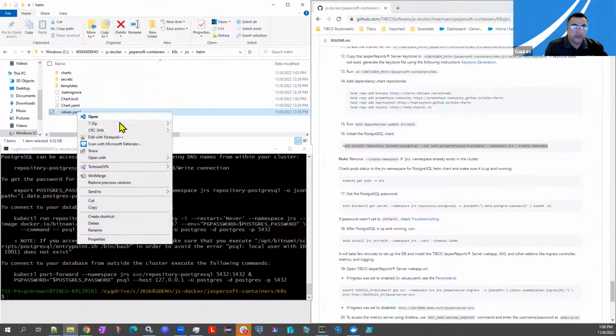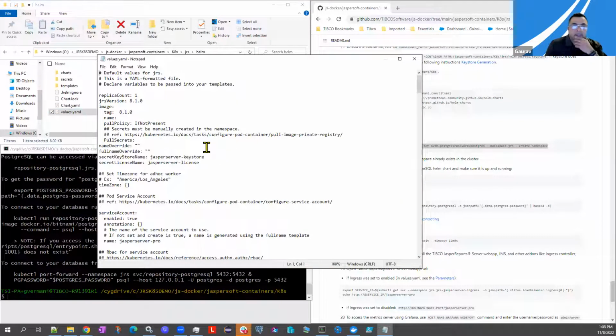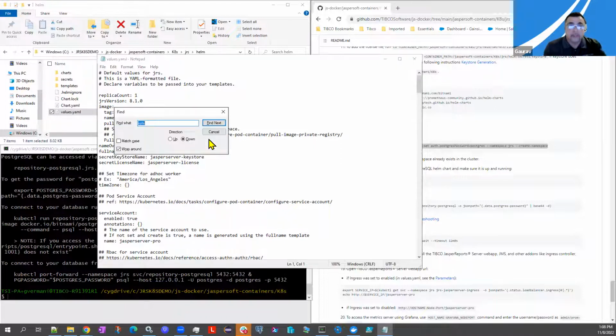Let me open this with Notepad here. Okay, perfect. And then in here, you want to look for these samples. By default, the samples are enabled, and that's our 2 sample databases and all the resources that come bundled with that JasperReports Server. And if you're doing especially a non-dev